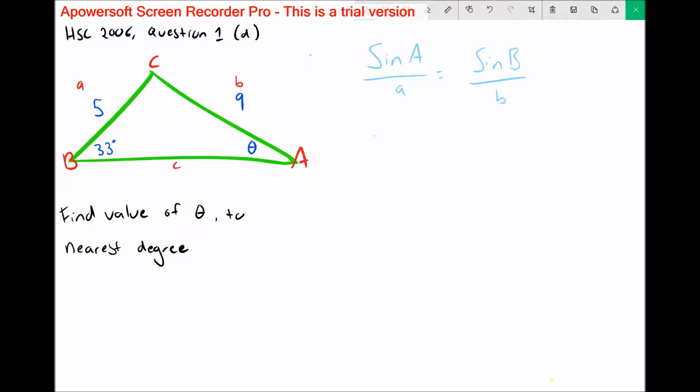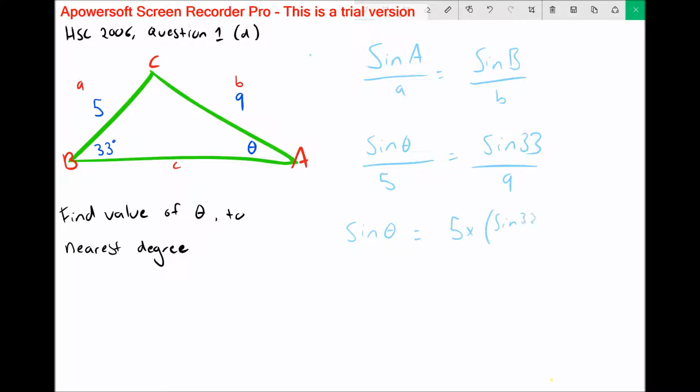For a harder example, this question is taken from the 2006 HSC. First, we must recognize the sine rule is needed, then label the diagram. After labeling the diagram, we must sub in the correct values into the sine rule. After subbing in the values, we must get rid of the denominator of 5, so we multiply both sides by